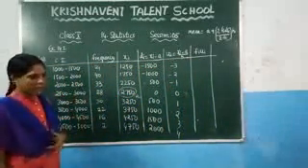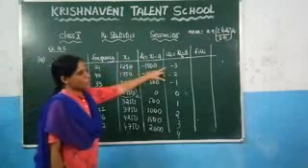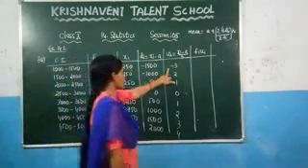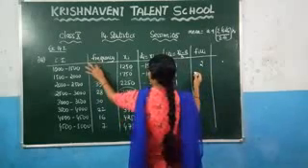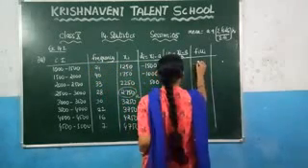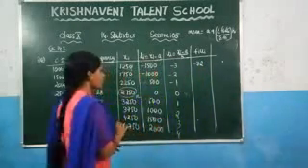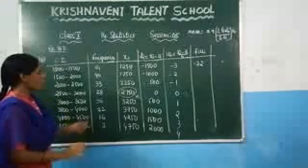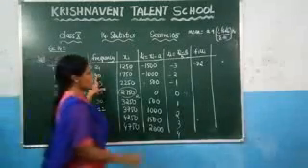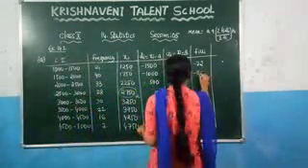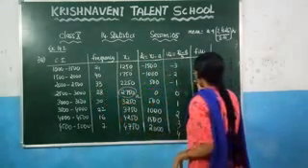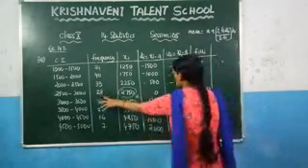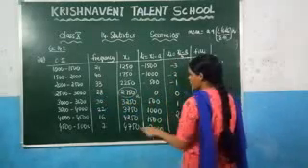So what will you get here? 24 into 3. What is the value of 24 into 3? Just do it here. 4 3s are 12, write 2 and carry 1. 3 2s are 6, plus 1 gives you 72. Minus 72. And after that, what is the value of 40 into 2? Which is 80. Minus 80. And after that 33 into minus 1, which is minus 33. And after that 28 into 0, which gives you 0.